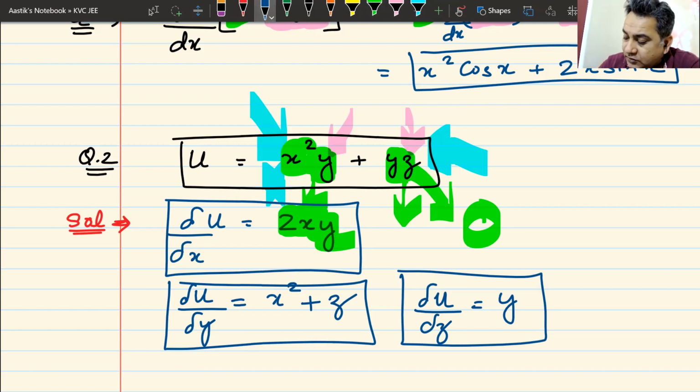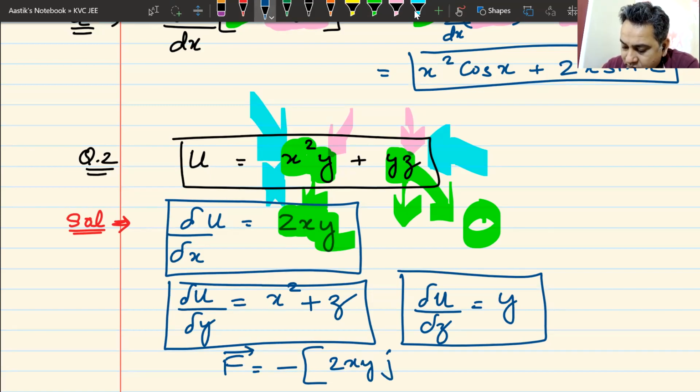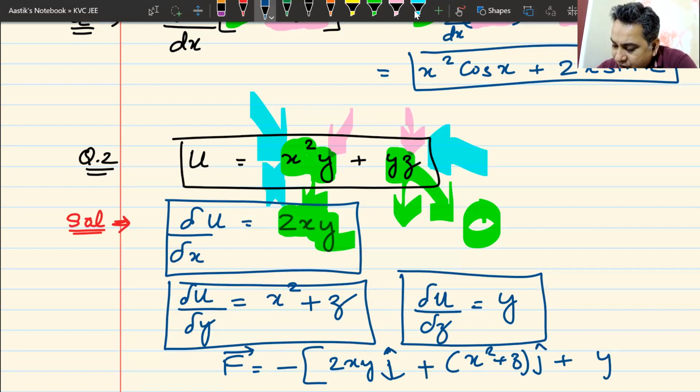What is this conservative force equal to? I'll just write it. F will be equal to, the negative sign will always come, negative of 2xy i hat. Oops, I've been writing j hat. 2xy i hat minus x squared. It looks like a very complicated force. Don't worry. It will not be minus, it will be plus because I've taken the minus outside, plus y times k hat. A very complicated force, unlikely to come in JEE at any point in time. But if you understand this, this is the toughest question that can ever come in a JEE in this particular topic.